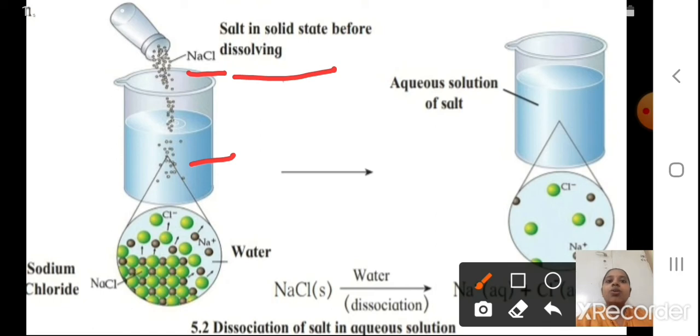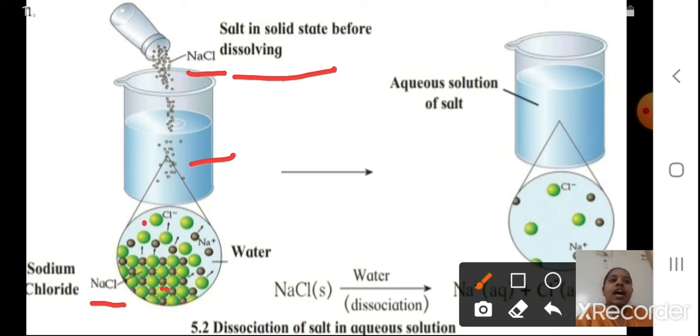Yes, and slowly can you see NaCl first, how the molecules are there? This part, how they are touched to each other. Yes, they are completely touched with each other, bonding is there. But as water, can you see, as they are separating out between, blue color water has started mixing. Yes, you can see this blue color water.